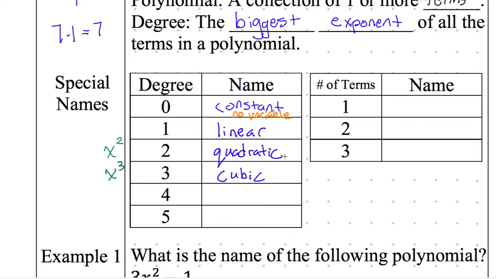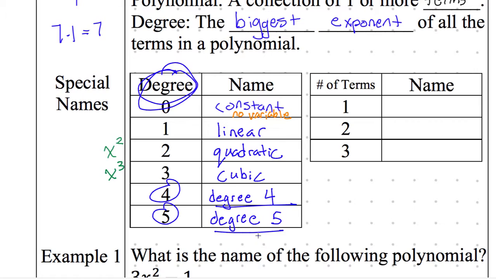All right, what about 4 and 5? There are special names for them, but I don't care if you learn them. I'll show you the special name on the side that if you want to remember, you can. But I'm just going to call this degree 4. And 5 is degree 5. They do have special names, but just call it degree 4. If you see that the degree is 4, say degree 4. If you see the degree is 5, say degree 5. It's that easy. I don't want you to have to remember this stuff, but if you want to, and this is optional to copy down in your notes right now,